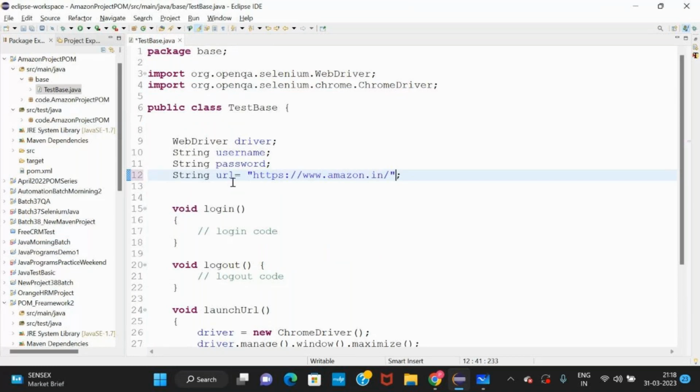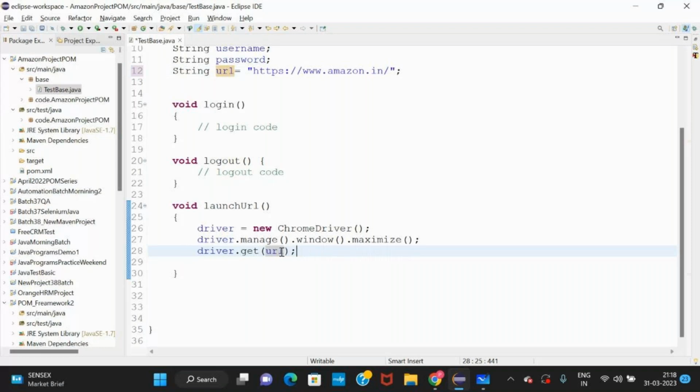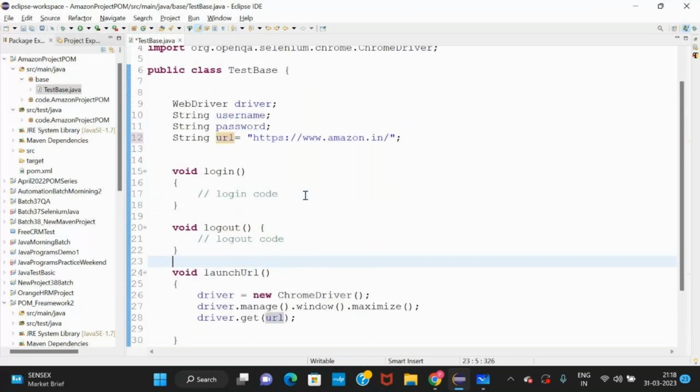The URL variable has a value, and we are saying launch the URL which is in this URL variable. What does the URL contain? It contains the Amazon URL, so it will launch this URL. The code is simple. Till now, is everyone able to understand? Yes, simple it is.